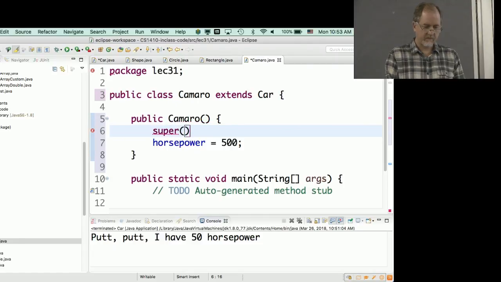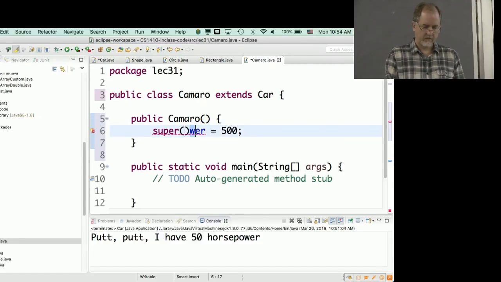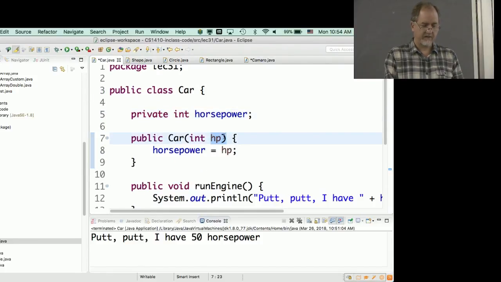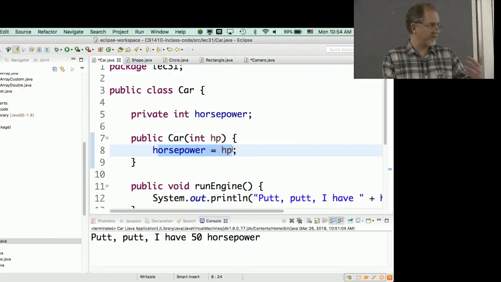So normally super would call a default super constructor. If I don't have a default super constructor, I have a car constructor that takes one parameter, and so I can put in a value here. And that 300 gets sent to here, and then this constructor assigns that to horsepower, and so I can initialize it properly in this sort of multi-stage